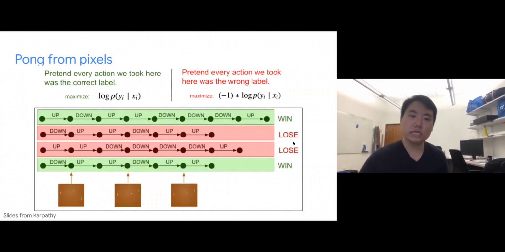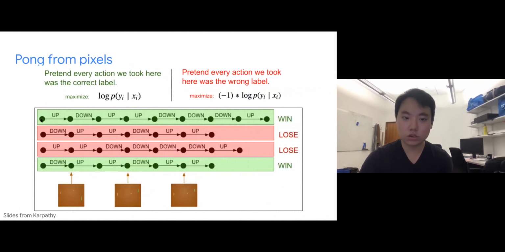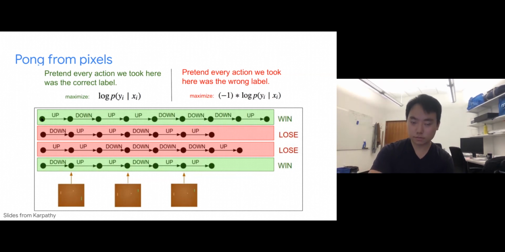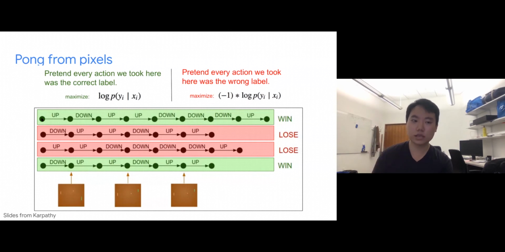So what we're going to do is pretend that we're giving equal credit to each of these actions that we've taken across this trajectory where we've won. For each of these actions, I'm just going to maximize the log probability of taking those actions again when I see those same states. Because I know that those are good actions that, having taken them in the past,